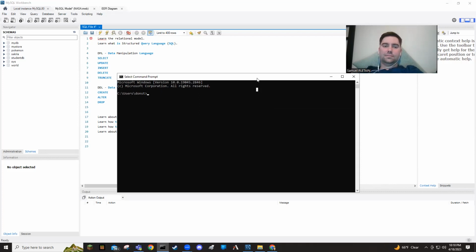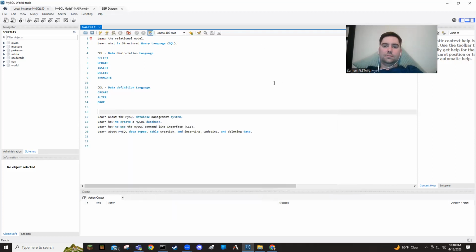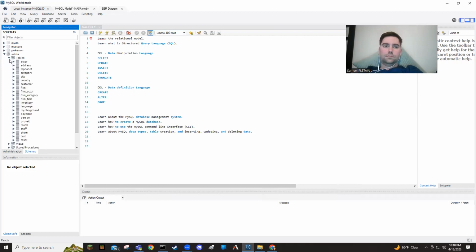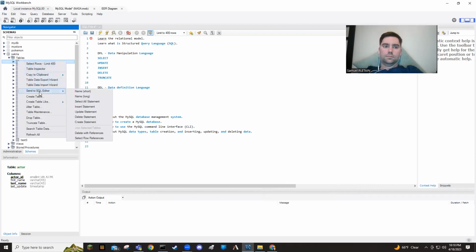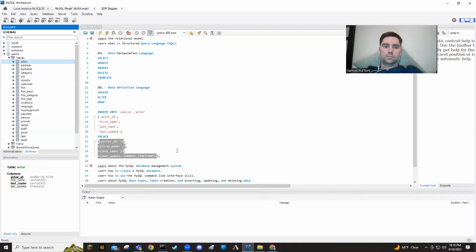But then as I got older and lazier, I realized this is very show-offy. And the thing is, if I'm over here in my Sakila database, and I need to write an insert statement for the actor table, it does it for me. So why would I write it out if it does it for me?